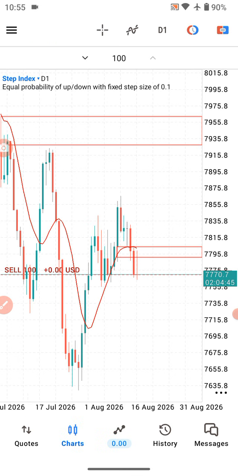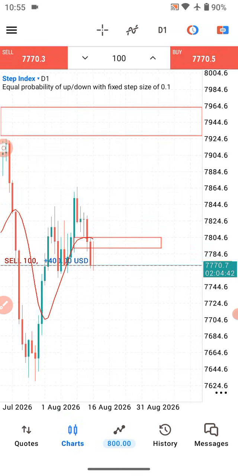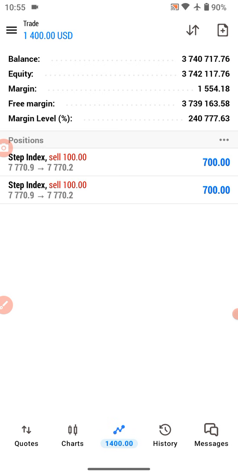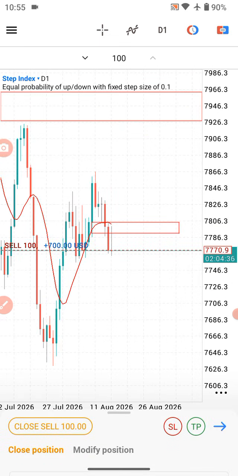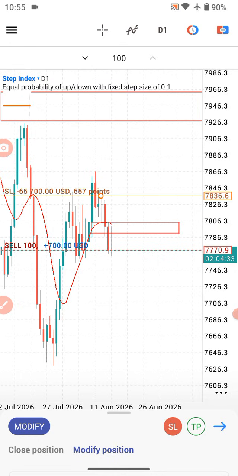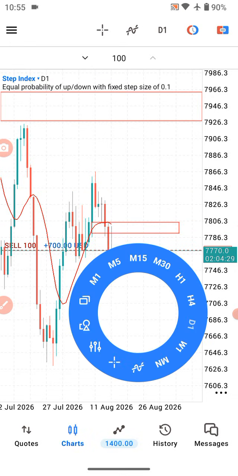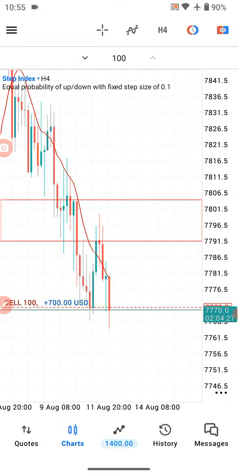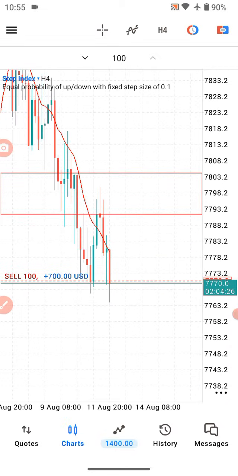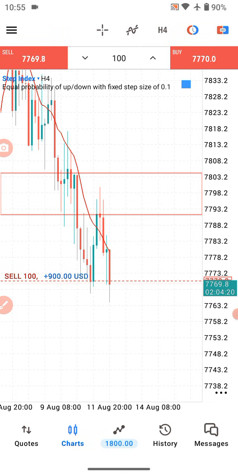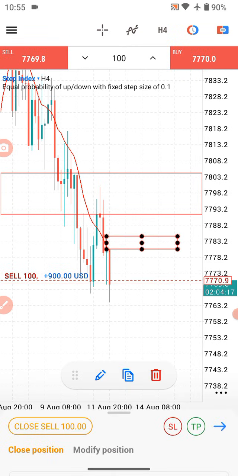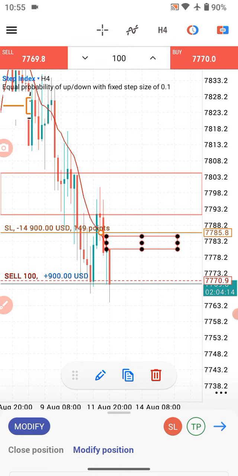So I'm just going to tell you where my stop loss will be at. You see, I'm already in profit, so I'm just going to bring a stop loss, and my stop loss is going to be above this area. Okay, no, if I'm going to use a stop loss, then I'll have to go to a smaller time frame. This is the smaller time frame. This is the 4-hour time frame, and in the 4-hour time frame I can actually use the stop loss here, and I'm going to be using my very little area. And you see my stop loss is above